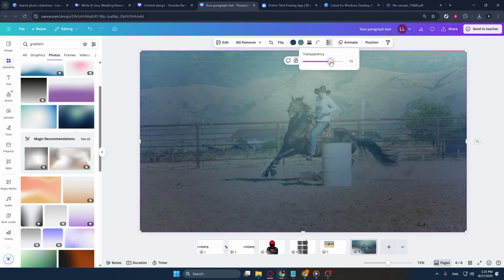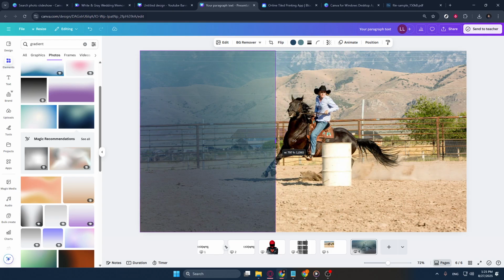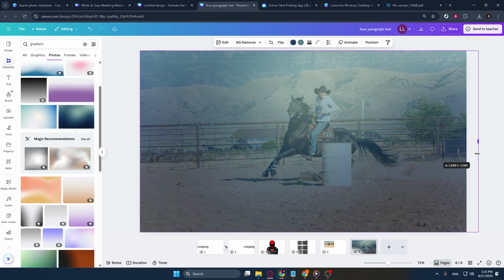Whether you want the gradient to be a soft background element or a bold statement, adjusting transparency gives you creative control. And just like that, you're done. Simple, right? With just a few clicks, you've added a sophisticated gradient background to your Canva project. This technique can be used in countless ways, whether to complement text, highlight a key message, or simply add depth to your design. By following these straightforward steps, you've now mastered adding a gradient in Canva, enriching your designs with a touch of modern